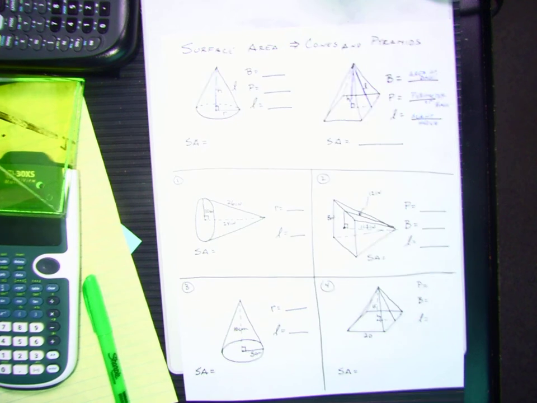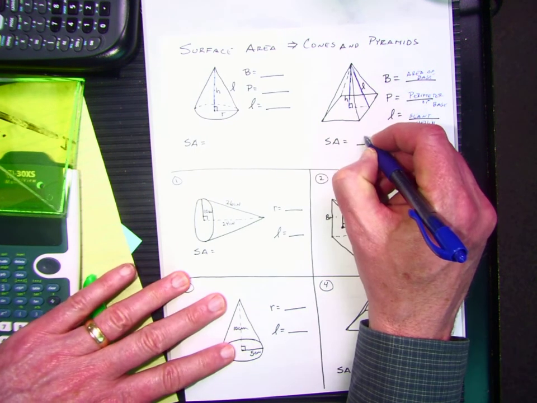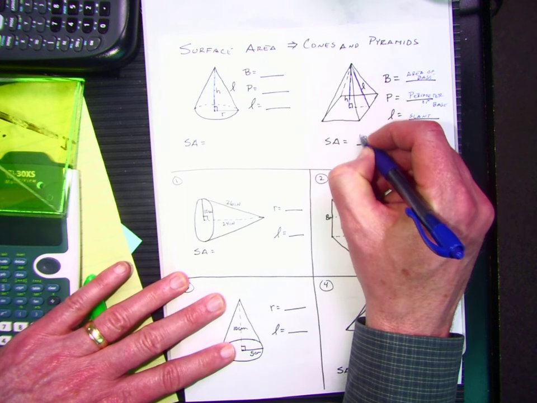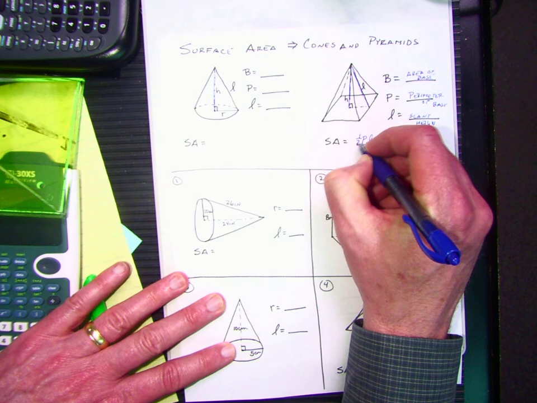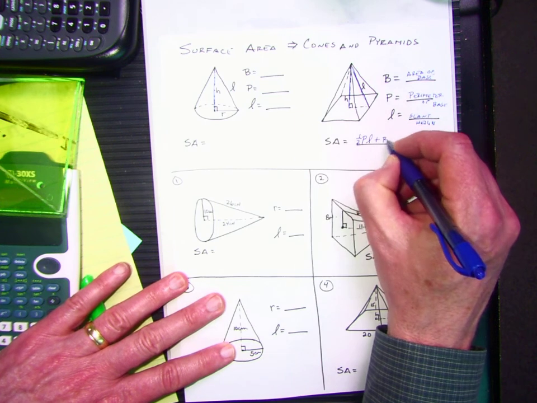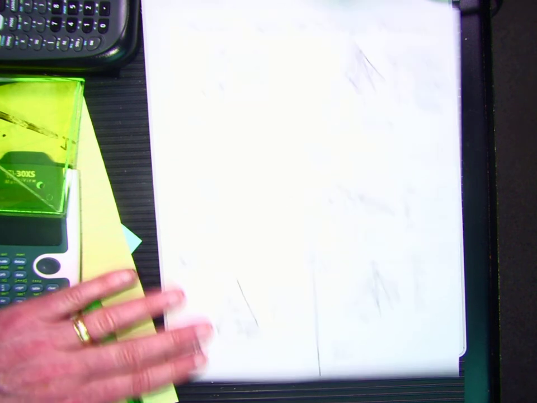And the formula we're going to use is the perimeter times the slant height, but we're going to take half of that because we have triangles. But then how many bases did we have? Just one. So that's what we're going to use on all of our pyramids: 1/2 PL plus B. So if you look at number 2,